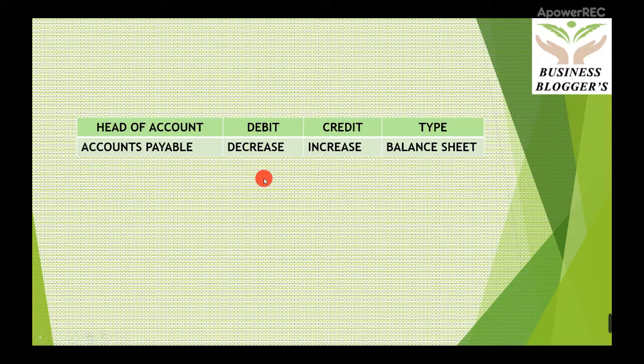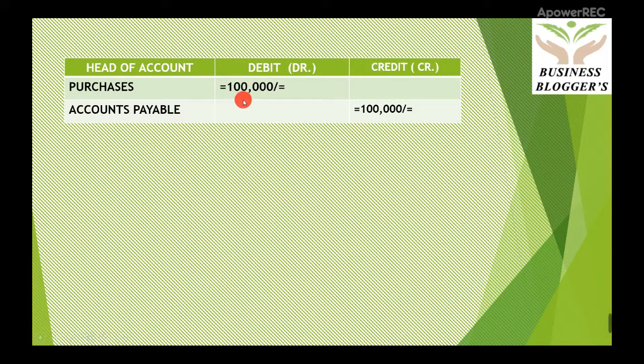Okay, let's record the transactions of accounts payable. For example, we have purchased goods from our supplier on credit. Then purchase account is debit and accounts payable will be credit. The debit credit amount should be equal. Point to be noted, purchase is an expense account and it should be debit the first time, and accounts payable is a current liability,